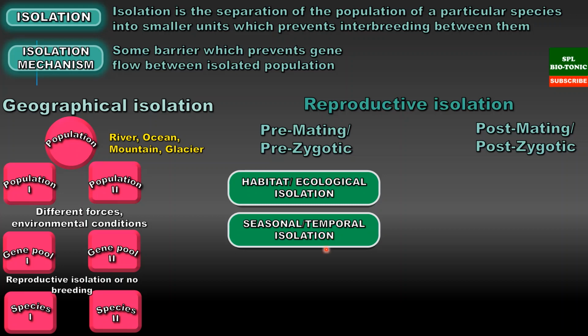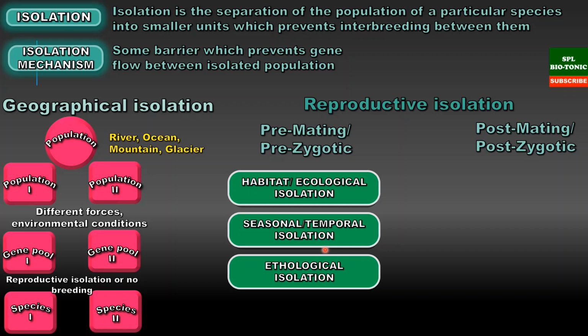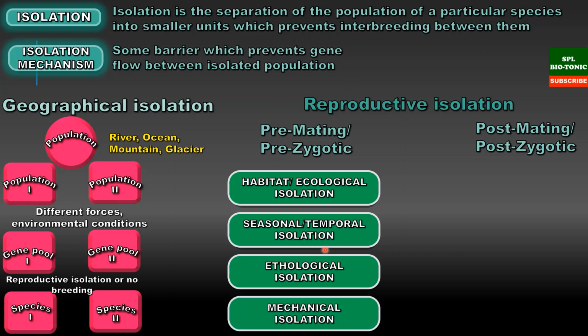The third is called ethological isolation. We have seen in nature that the male tries to convince the female for breeding. To do so, the male tries to do many things like acting, gestures, etc. It is called courtship behavior. If there is a difference in the courtship behavior, the populations don't come together for breeding. So we call this ethological isolation. And the last is mechanical isolation, where breeding is prevented due to differences in the size of the reproductive organs. So in the first case, that is in the case of pre-zygotic mechanisms, the animals or plants are not able to come together for breeding.